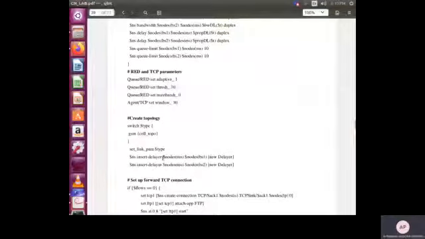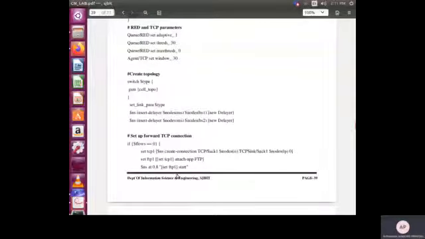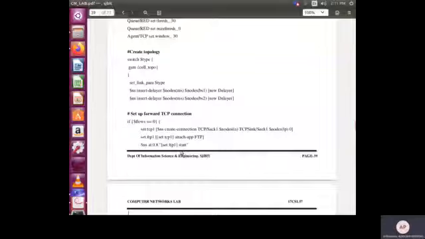Next, we have to insert the delayer. These are again built-in programs. We inserted the delayer between the MS and BS1 and between the MS and BS2. We know where BS1 and BS2 come into the picture through the network topology we have seen. Next, we have to set up the forward TCP connection.